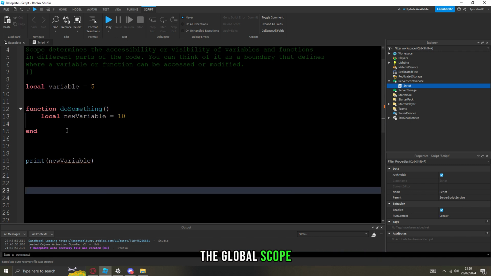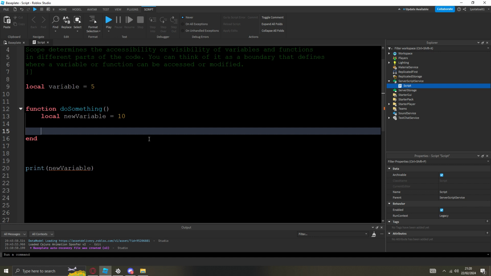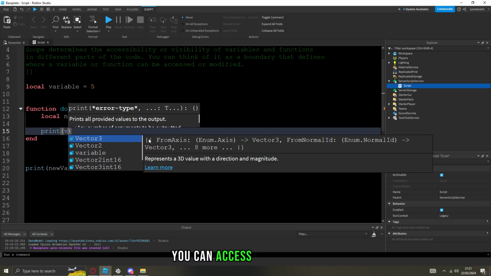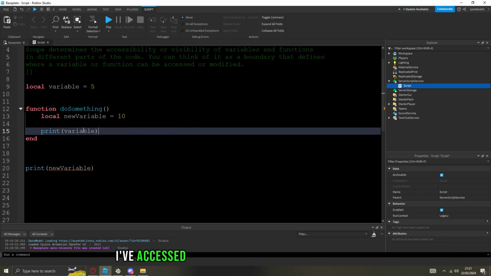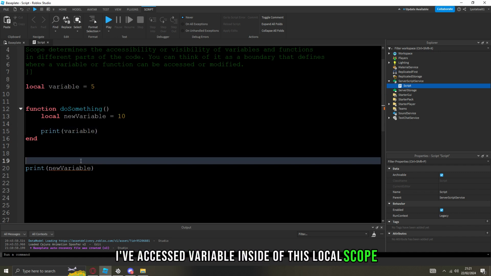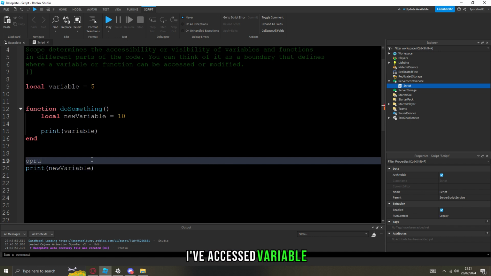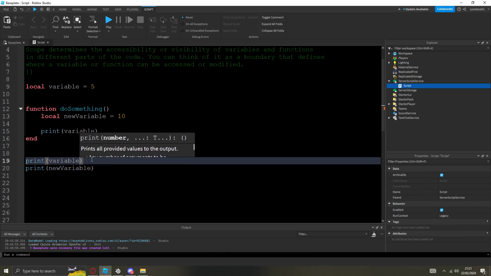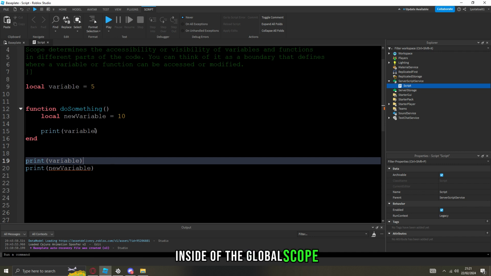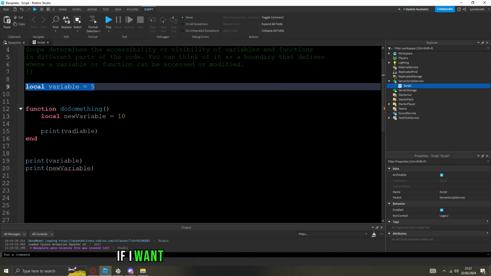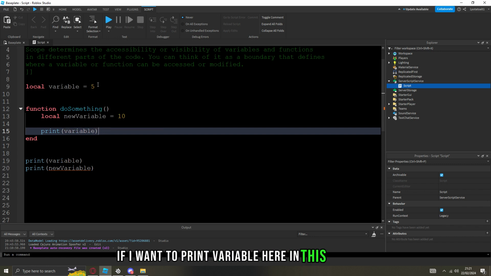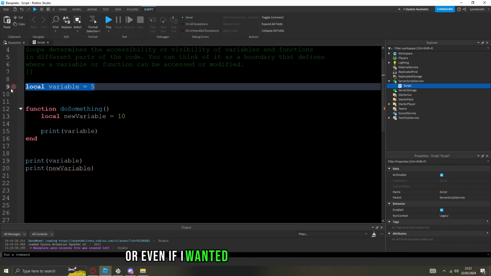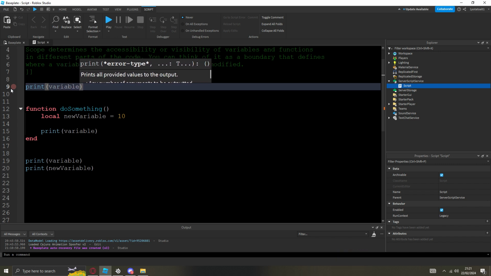The global scope, like I said, is accessible. If you make a variable in the global scope, you can access it anywhere. I've accessed variable inside of this local scope. I've accessed variable inside of the global scope. It can be accessed anywhere. But remember, if I want to print variable here in this function, or even if I wanted to print a variable above, I can't